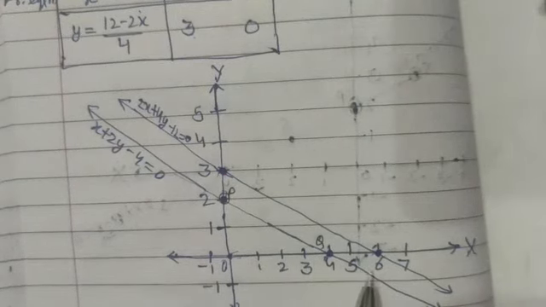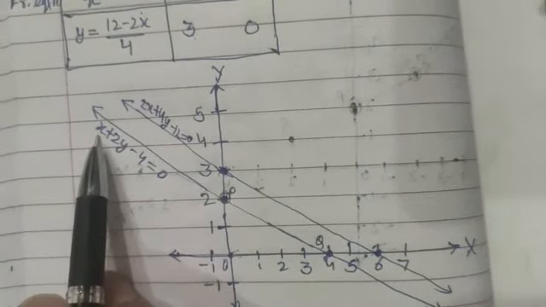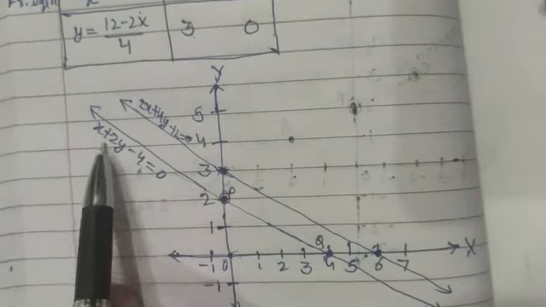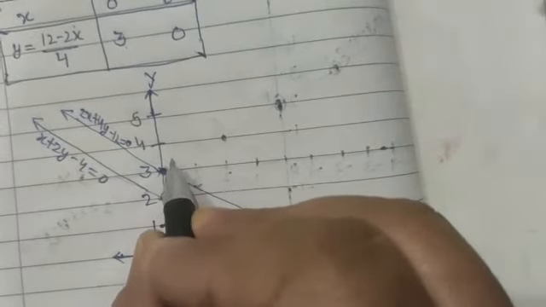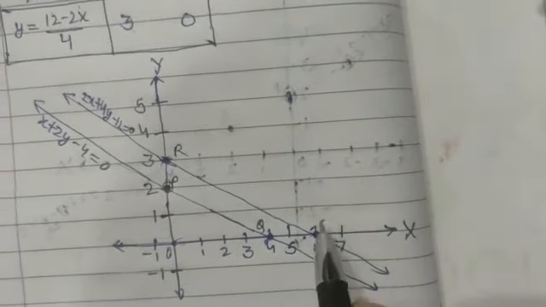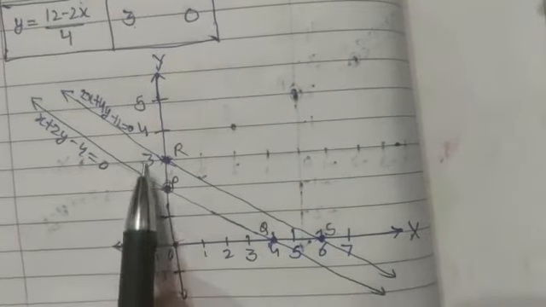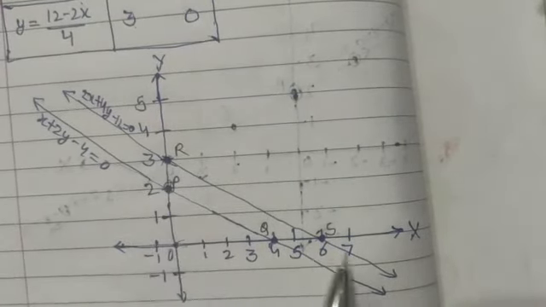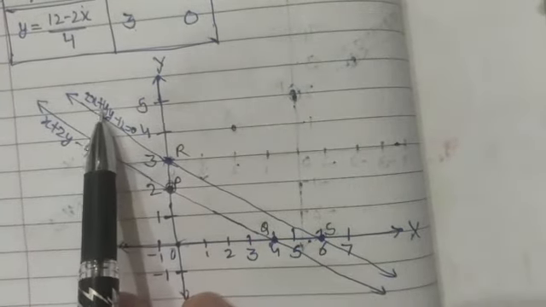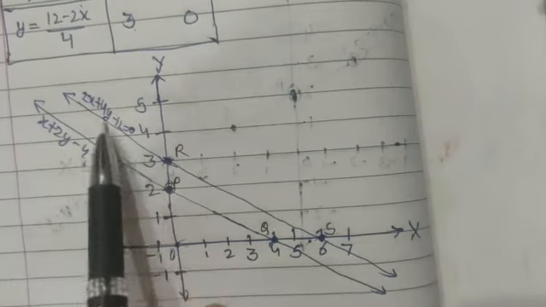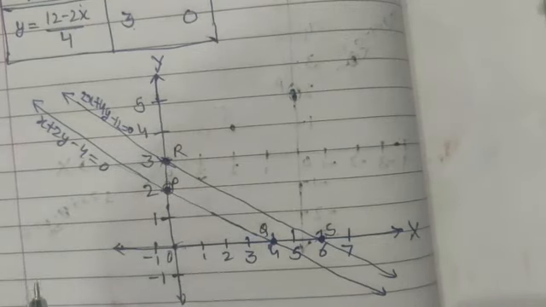Join these points P and Q and produce them. That will give us the line, the graph of the equation x plus 2y minus 4 equal to 0. Now second equation, first point is (0, 3) and second is (6, 0). Now (0, 3) is this one, and this will be R, and this is S, (6, 0). Now join these points. This will give us the graph of the second equation, 2x plus 4y minus 12 equal to 0, or this line will represent the equation second.